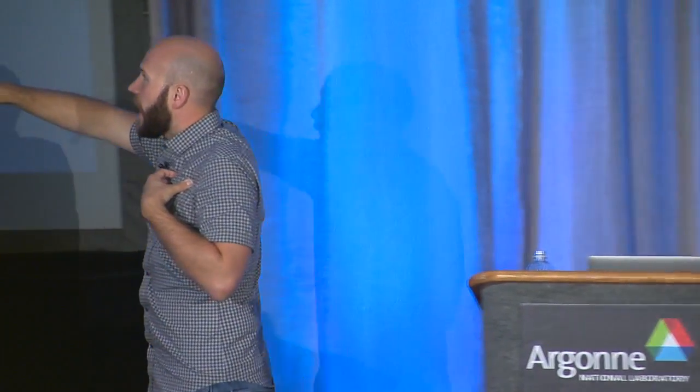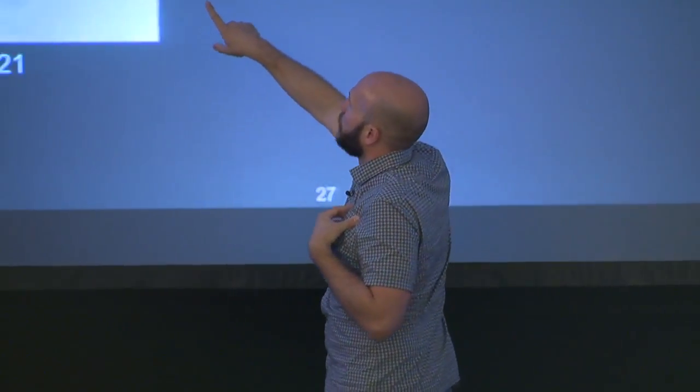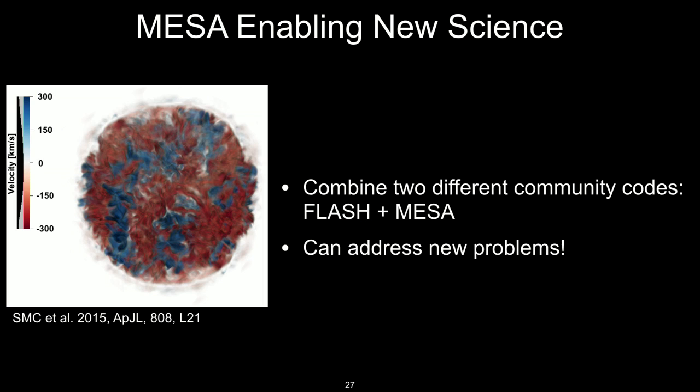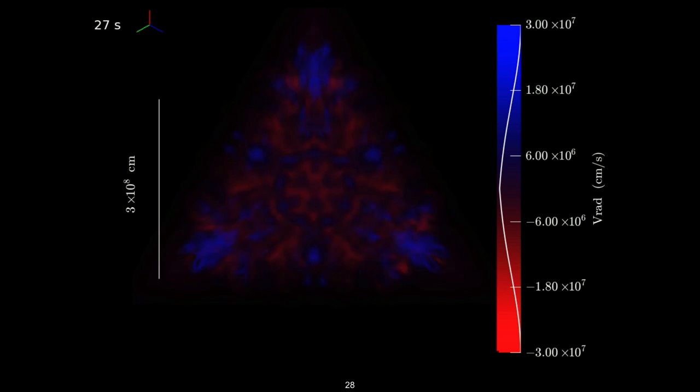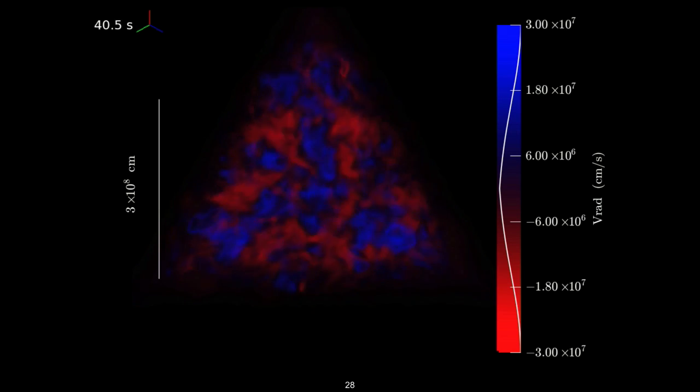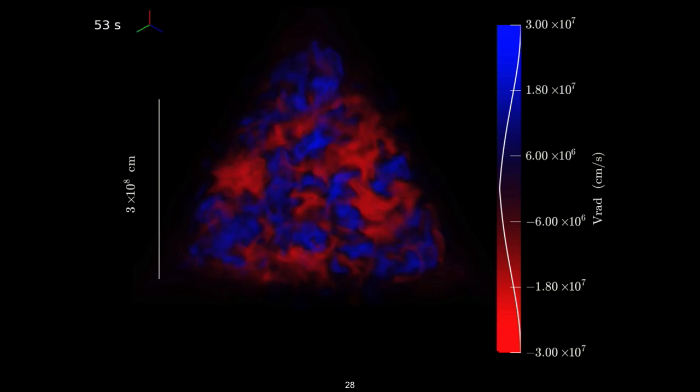Well, this is what a star actually looks like right before it collapses, right? These are convective velocities of upwards of 300, 400 kilometers per second. Turns out that is actually significant and has an impact on the supernova mechanism, and we had just been ignoring that before. We didn't know because we had never done this experiment of asking the question, what impact does it really have? And we were only able to do this because we combined these two open source codes, these two community codes. And this is a movie from that. But it's just an octant, so if it looks weird, that's why. But this is the convective velocity in the minutes before the iron core actually collapses.